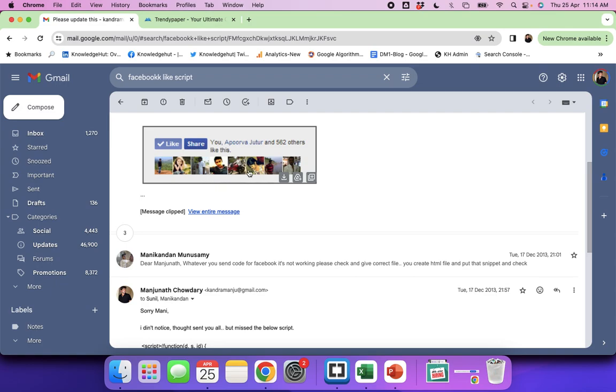On a website it shows exactly like this. And if they have already logged into Facebook, that's when it shows all the friends and photos also here. Otherwise it just shows like and share. So if you click on like or share, it will ask you to log into Facebook. By default, it will show it like this on the web page or website when you have already logged in, or if not, it shows other profiles.